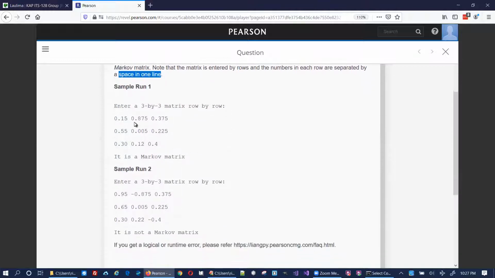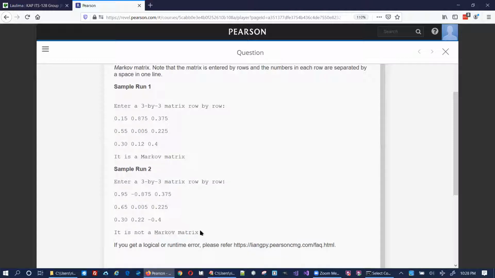So it's going to look like this, where your program prints out, enter a 3 by 3 matrix row by row, and then it's going to accept this as an input, and this as an input, and this as an input. So it's going to have 3 inputs in a row, reading in these strings, and then it's going to do its processing and adding up each of the columns, and then it's going to display out whether it's a Markov